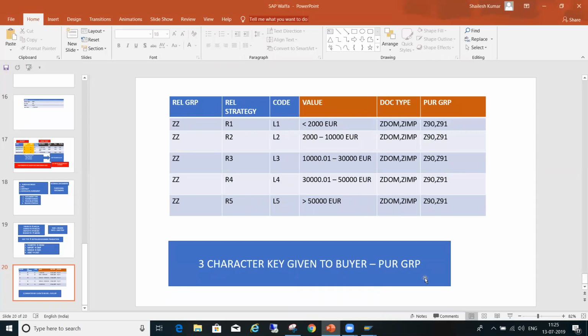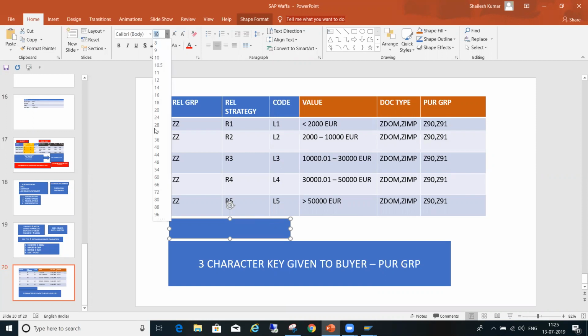So what we'll do, we'll first create characteristics. Here the communication structure for the release strategy is CEKKO.